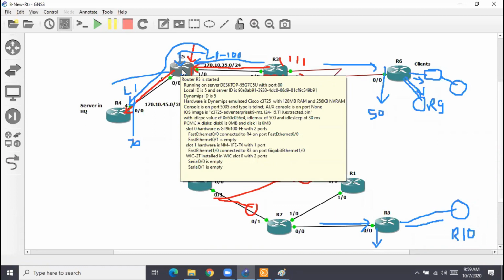This is called black holing. Even though everybody has the route, they forward the traffic for that destination, and it comes to some device, some location, and gets dropped. It does not go to the destination along the path. This is called black holing. So R5 will black hole the traffic for 70.